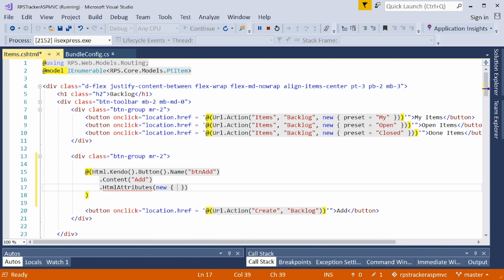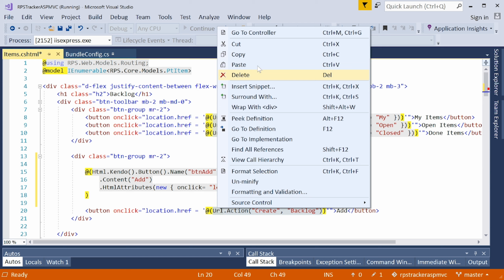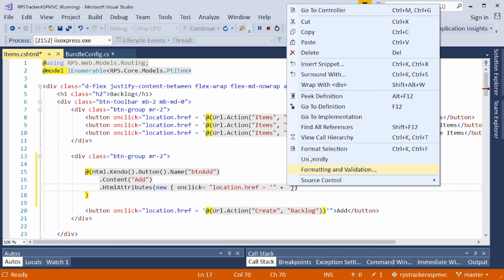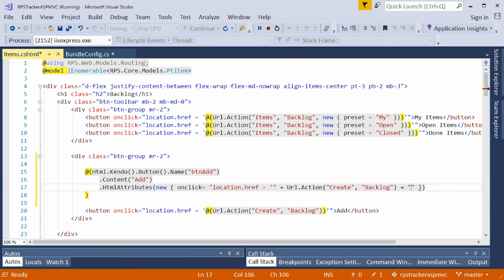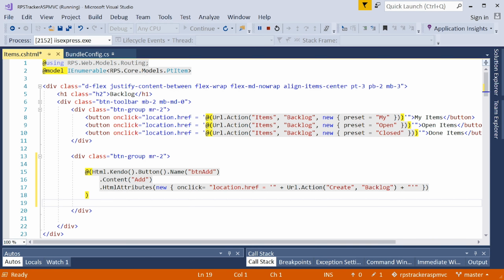And also, when we click on the button, we want to make sure that we get redirected to the backlog create page. So we need to add HTML attributes. That's going to be a new object. We'll give it an onClick property. And that's going to be set to location.href. And then we're going to build up the URL. In fact, I'm just going to copy this line right here where we're building the URL. So this will take care of the button and currently what it can do, which is just redirect us to the create item page. I can delete the existing button now,